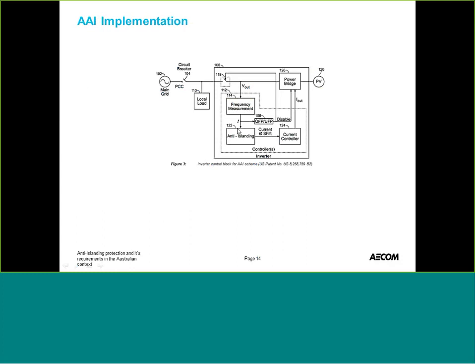You've got the anti-islanding algorithm, which produces a phase shift in the current controller. So if you're operating, for example, at a power factor of unity, the voltage and the current are in phase. You introduce a current shift into your reference signal, which then signals the IGBTs to change output, and then you've got this feedback loop. The idea is that you've got an over-frequency or under-frequency passive element that's monitoring the output, and it'll hit its limits if an islanded condition is set up. So it requires the controlling of the output quantities.